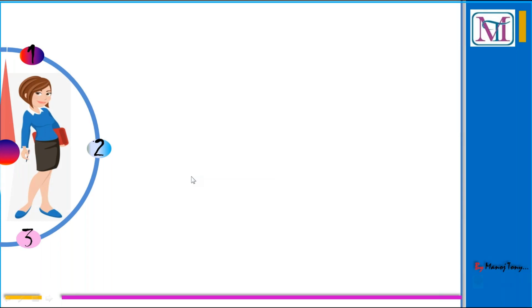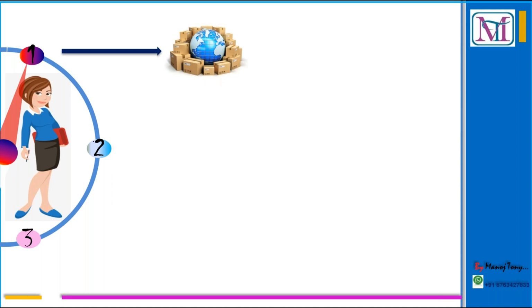Then next we have to see when an employee will be a customer. So first scenario, when an employee will purchase goods and services from his company, then the company, meaning the business, will create the employee as a customer. And from that customer code, the business will sell goods to the employee.